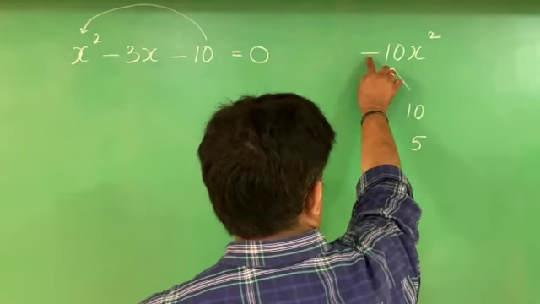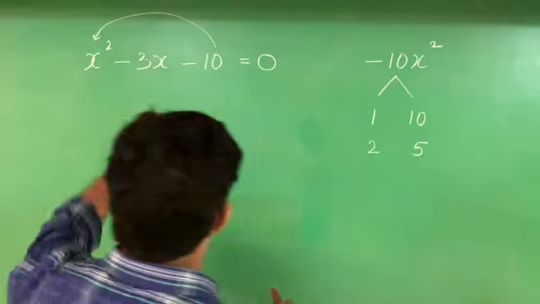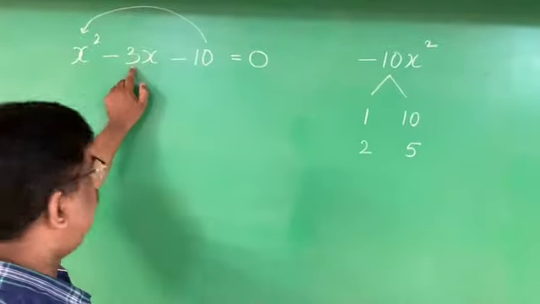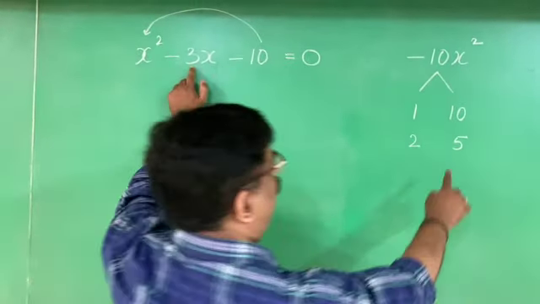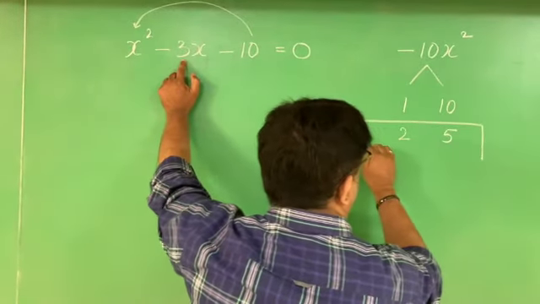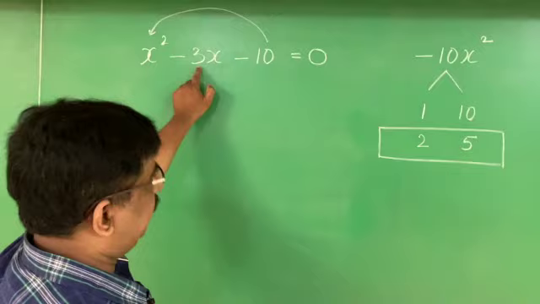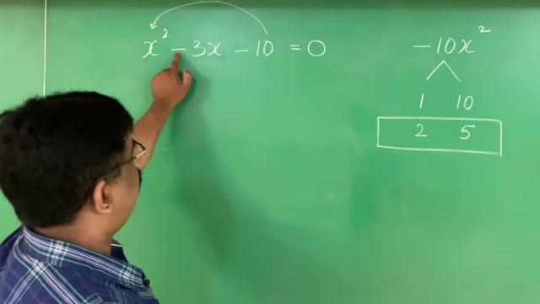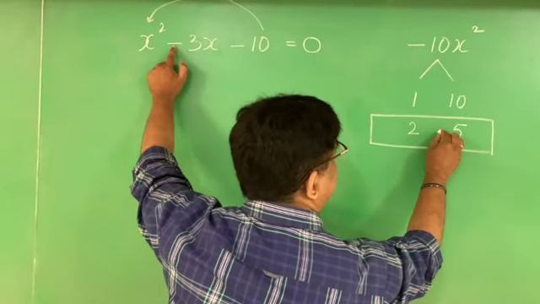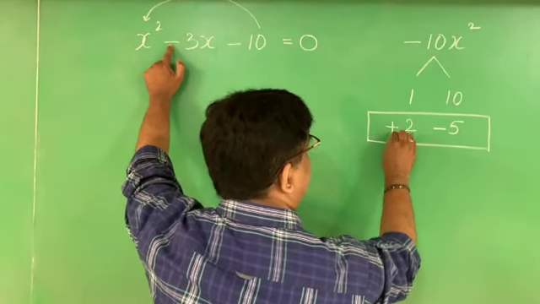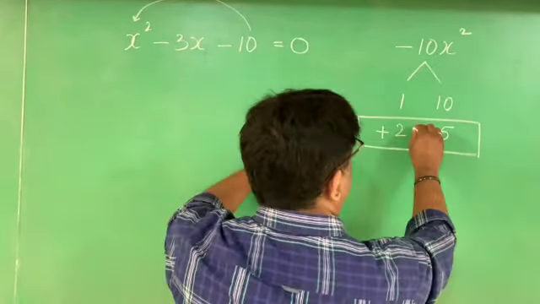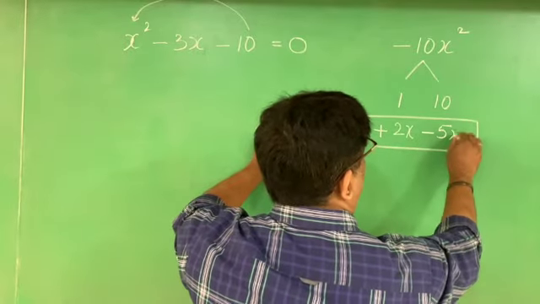I understood that by subtracting the factors, I should get the linear term. Which pair to select? 10 minus 1 is 9. This is 3, not possible. 5 minus 2 is 3, therefore this is the factor I should select. If I am getting the linear term by subtraction, the sign of the linear term should be given for the bigger one. 2 and 5, which is bigger? 5 is bigger, this is minus, opposite of that is for the 2. Which is the variable they are given? X. Therefore this is 2x, 5x.